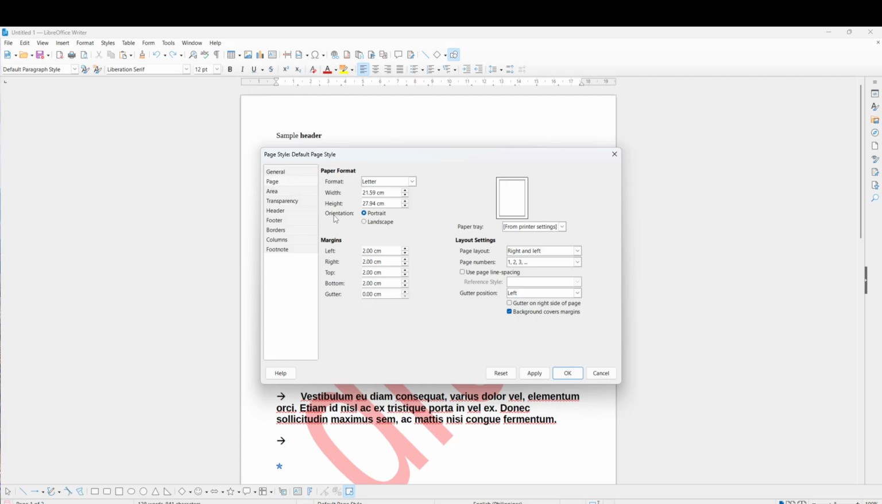Within the Page tab, find the Paper Format section. Look for Orientation, then choose either Portrait or Landscape. Portrait is the default, taller than it is wide, and it's great for letters, essays, and most documents. Landscape is wider than it is tall and works best for spreadsheets, wide charts, timelines, or any content that needs